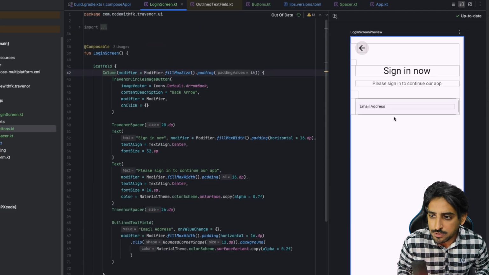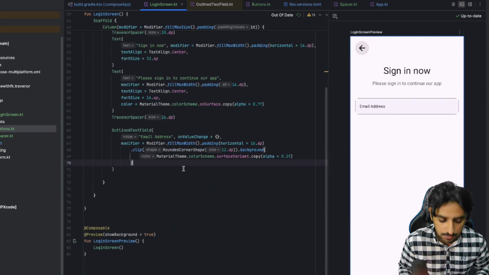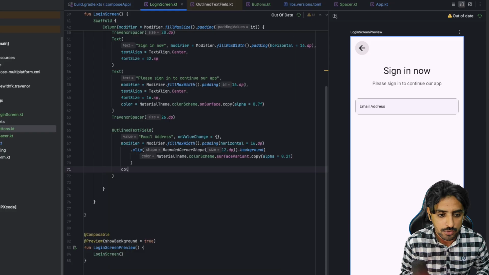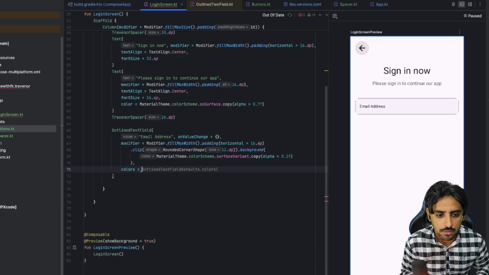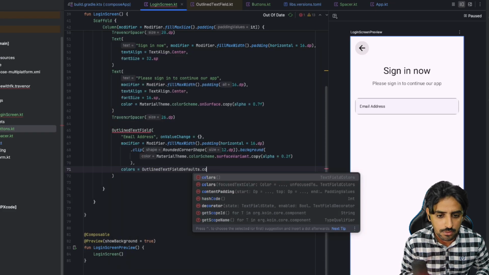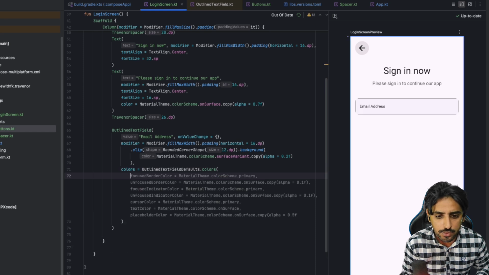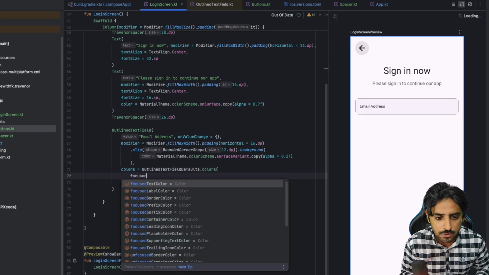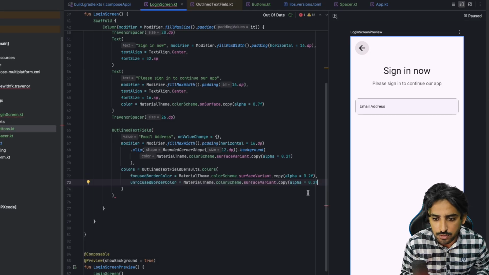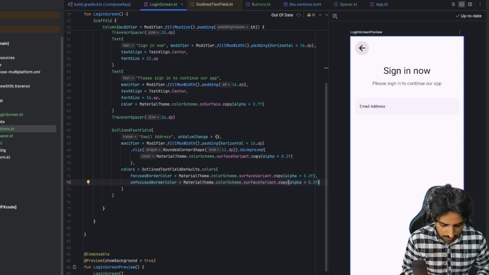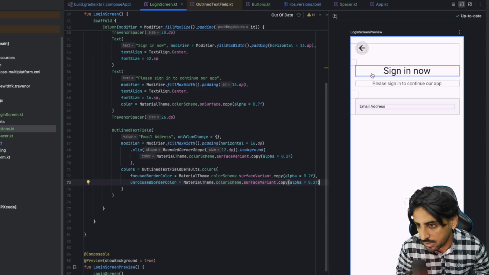Okay, now we have this border, right? So we need to get rid of that border as well. So let me just try that. I'm going to use colors equals OutlinedTextFieldDefaults.colors, and inside that you can say focusedBorderColor equals the same color like this over here, and also for the unfocused as well we are going to use this. Now once you do that, you will see that basically you don't have that,